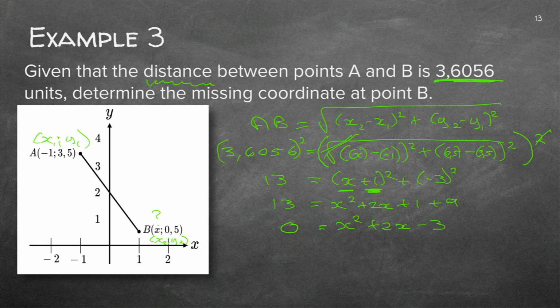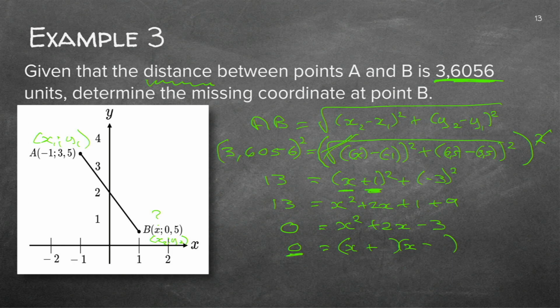So I hope you can remember how to do a trinomial. Just remember the 0 on the left-hand side. You may not leave it out. It must be there all the time till the very end. So I'm going to make my two brackets. I'm going to say x times x. And because there's a minus at the end, minus 3, I know I need a plus and a minus value.